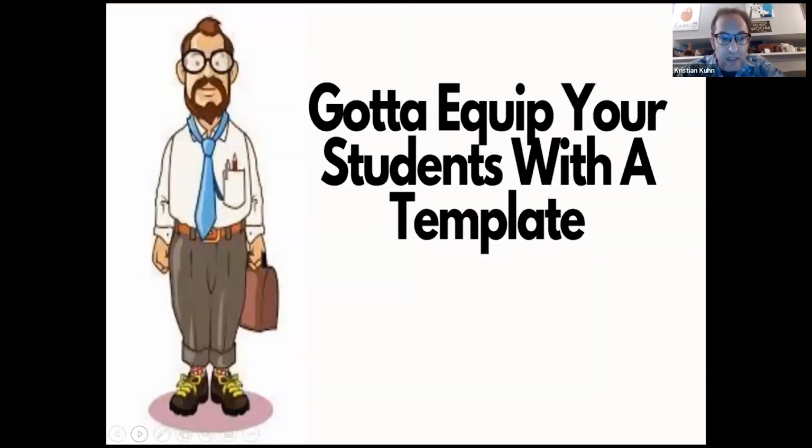So just a couple of things before we launch into the meat and potatoes of what we're going to talk about, there's one caveat to alternative grading, and it's the idea that you have to equip your kids with a template, with a writing template. And I'm going to very quickly, kind of fly by night, show you the templates that I've developed over my 20-year career.